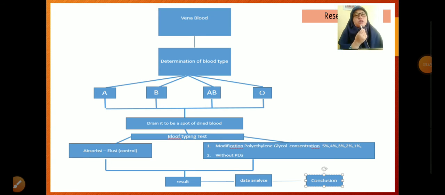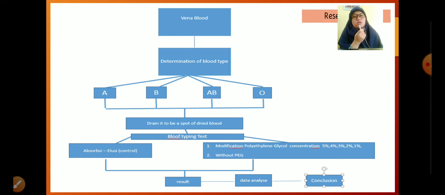The research flow: the research uses venous blood, and then the blood type is determined using antiserum A, antiserum B, and antiserum AB. After determination of blood type, the blood is dropped to make a spot of dried blood. Once I have the dried blood spot sample, I do blood typing again